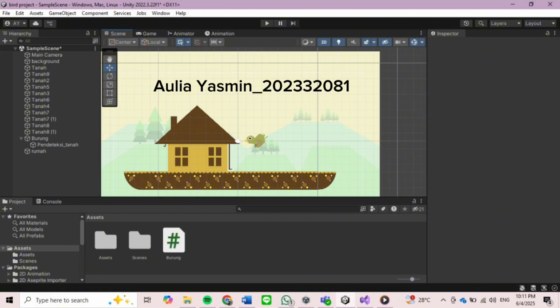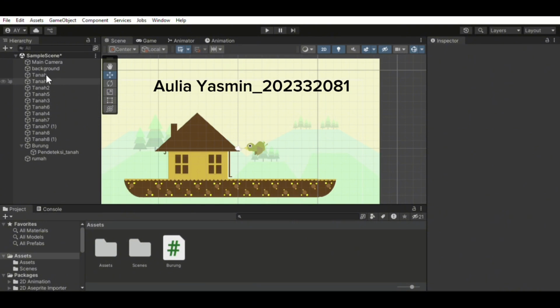Today I want to share a simple Unity 2D game project that I made. In this project, I create a bird character that can move left, right, jump, and even flip its face depending on the direction it's moving. The goal is to learn the basic 2D movement, physics, and scripting in Unity using C#. I will walk you through how I built the game, from setting up the scene and game objects to writing the script and testing the final result. Let's get started. So the first one is scene setup.